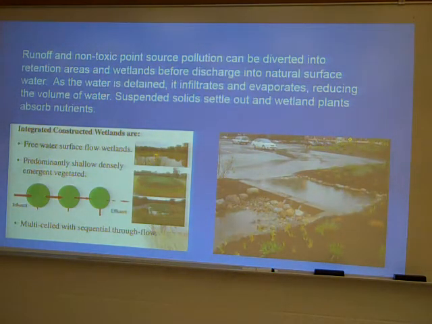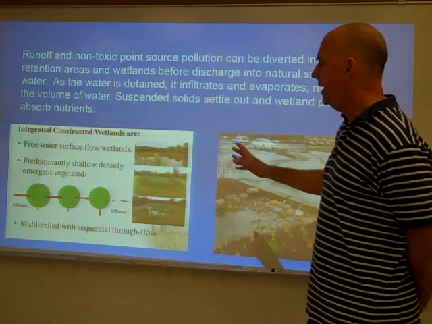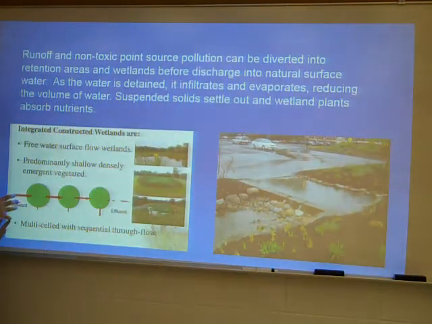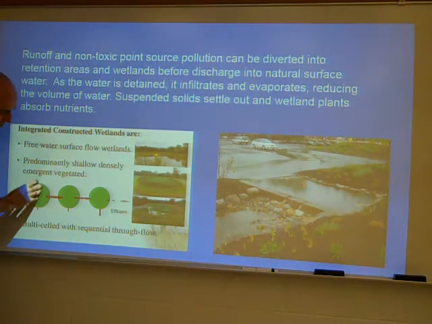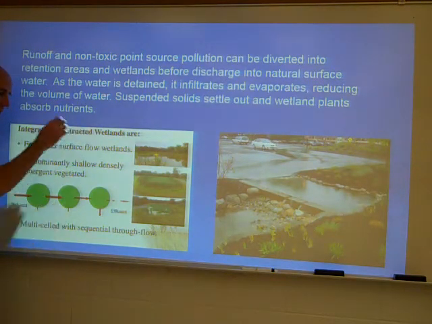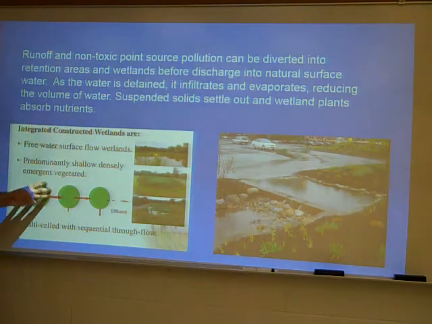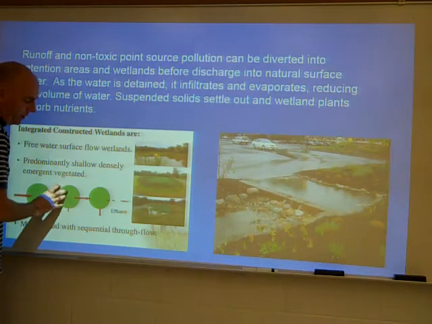One of the main ways to reduce the problems from runoff water pollution is to redirect that pollution into retention ponds, wetland areas. As that water goes in, you can see this diagram here, water can evaporate, it can soak down in the ground, so you're basically reducing the amount. That's what the little arrow indicates here. And they typically are in a chain, in a line, so this will fill up. You'll see this kind of like drain grate, and it'll overflow that and go into your next holding pond, retention